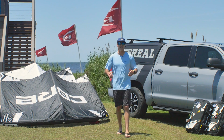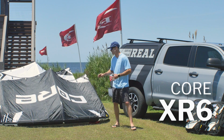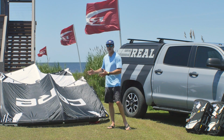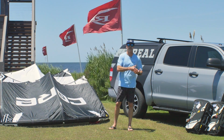We are here at Real to talk to you about the Core XR6. Really excited about this kite. The XR series has been a crowd favorite here at Real, and to understand why this kite is so awesome and why it's our number one selling kite at Real is to understand how we're picking kites for the Real rental